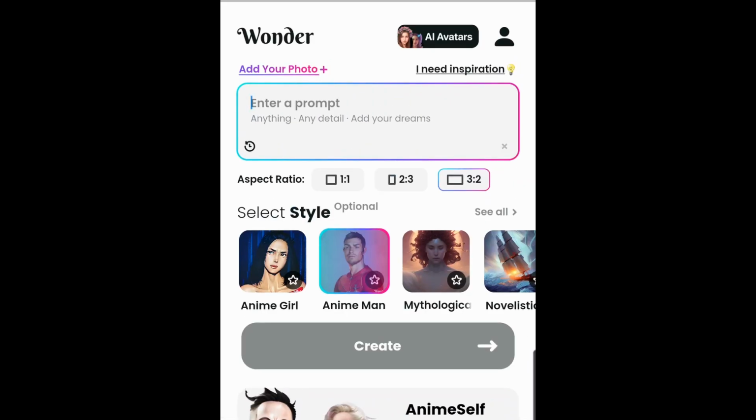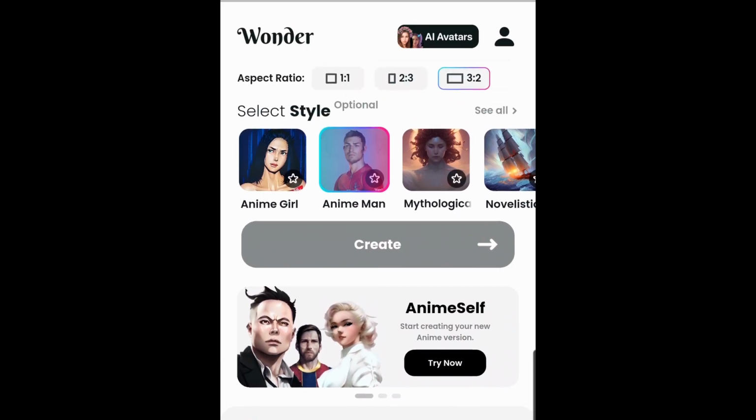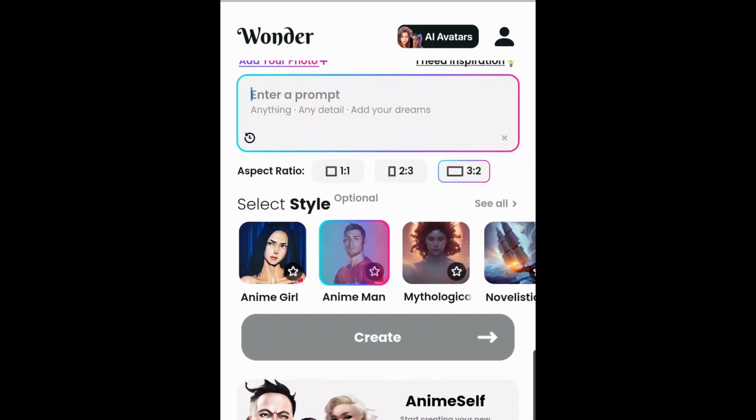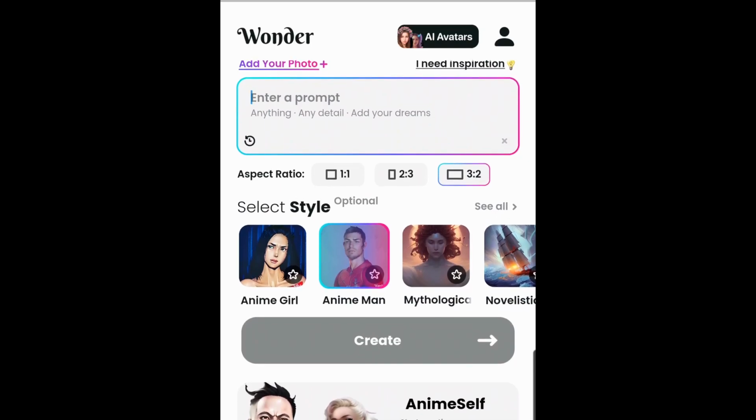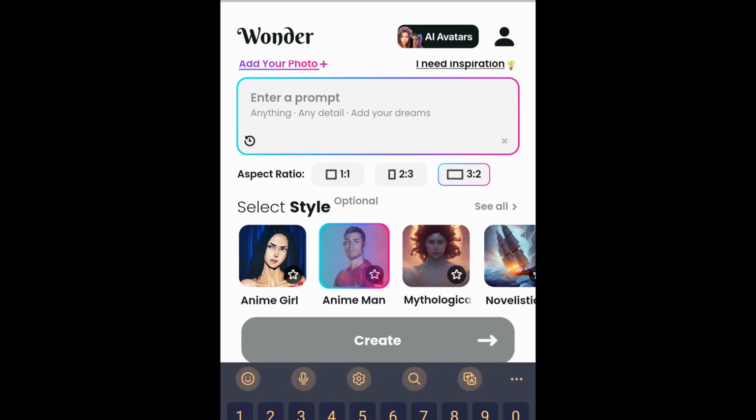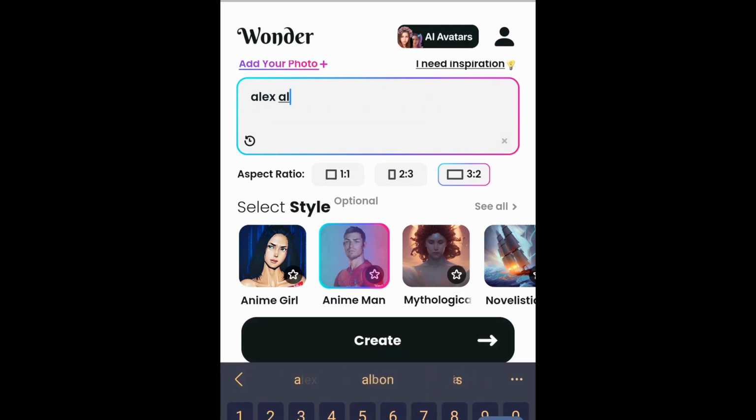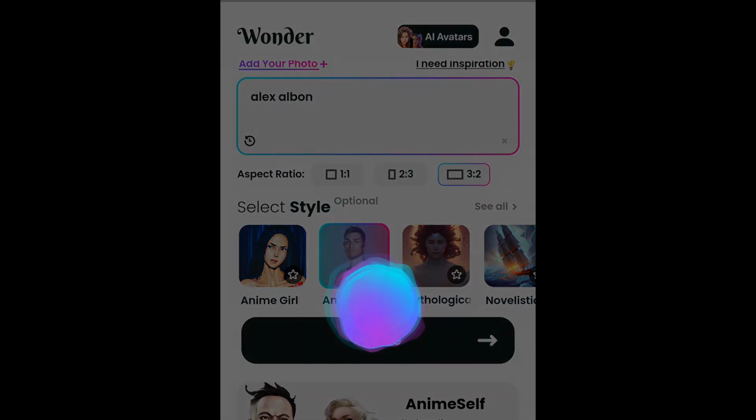I just downloaded this Wonder app, which uses AI to generate images and stuff like that. And I decided let's give it a try with F1 stuff. So let's start off and see what we can do here. Let me just start off with some drivers. We'll start off with my favorite driver and see what it comes up with when I just put in